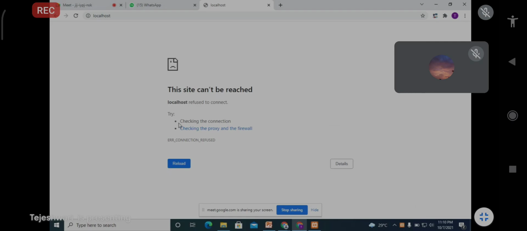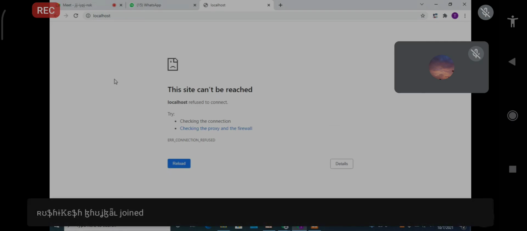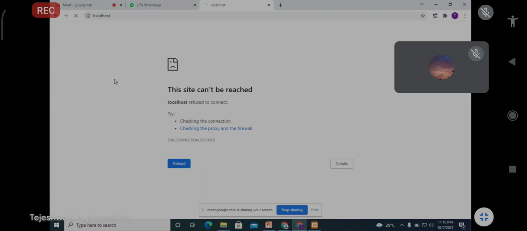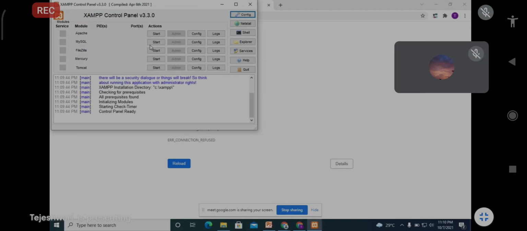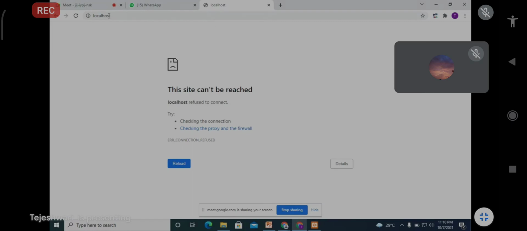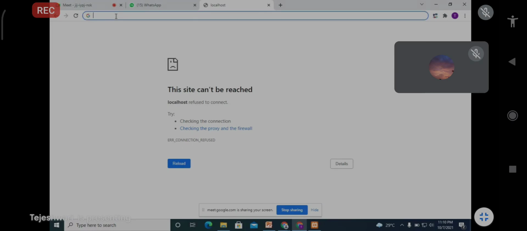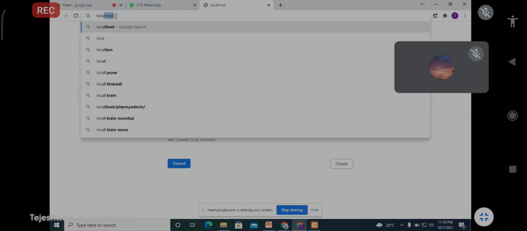You can't run any PHP code properly, because you first need to start this Apache server or XAMPP server. Whenever you click on this start button, your Apache server or XAMPP server will be started, and after that you can execute all these things. Now you type localhost here.